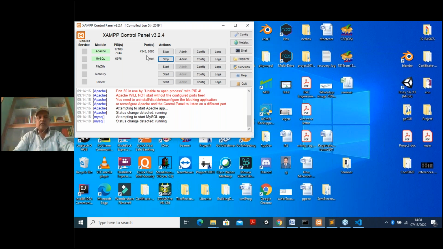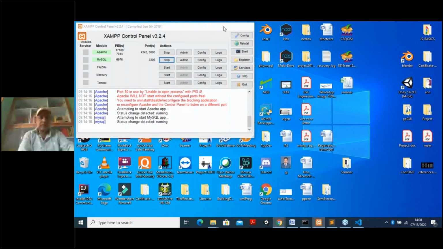If your port is already allocated for some other services, you can assign some other port. So before running this XAMPP server, you have to ensure that both the Apache and MySQL servers are running. Now it is running. I was already running it before because I was doing some work before this class. Then I have to go for running this program.